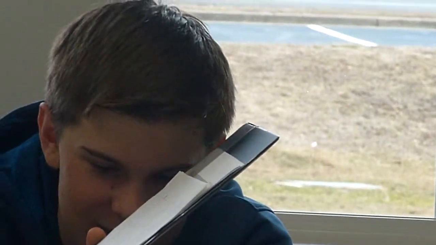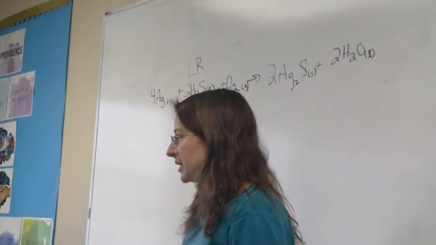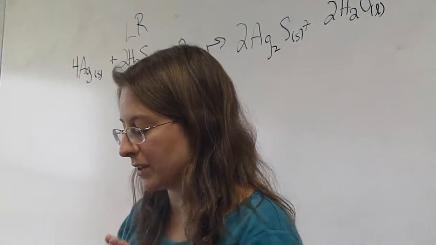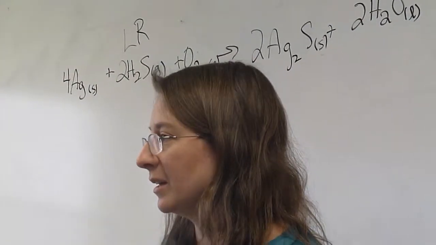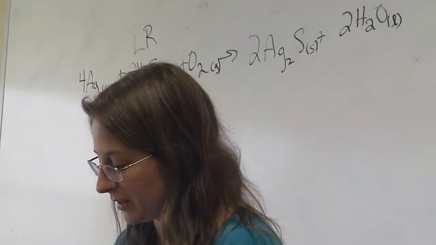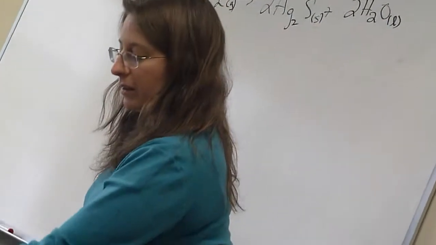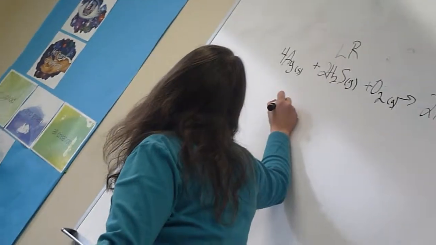Usually hydrogen sulfide is the limiting reactant, which makes sense because if you have a big chunk of silver, there's lots of it, and there's tons of oxygen in the air. Hydrogen sulfide is not a big component of the air, so it's the limiting reactant. So all your math is done with the limiting reactant. You always have to use the limiting reactant. If you use an excess reactant, then your math won't work out because the limiting reactant runs out before the excess reactant does. If a silver spoon is put in a container with 56.7 milliliters of hydrogen sulfide,